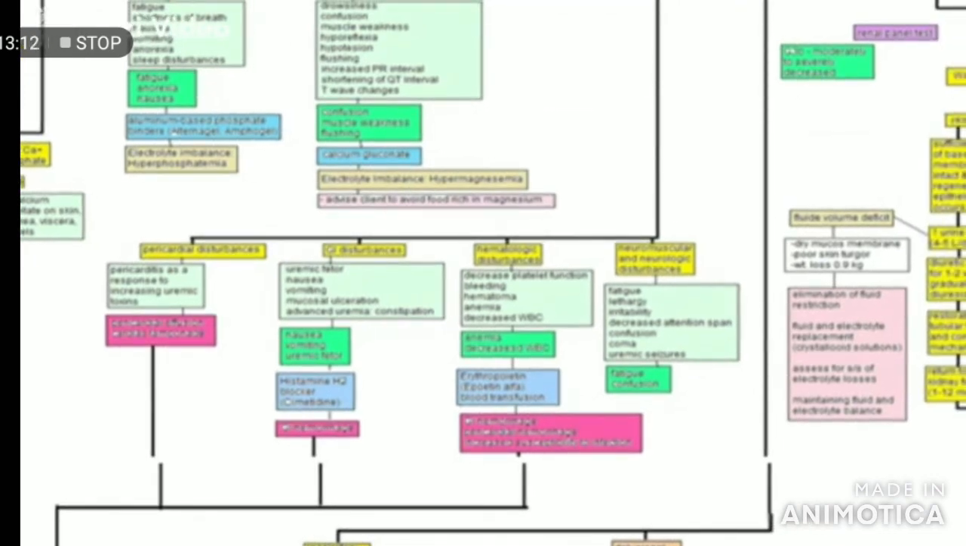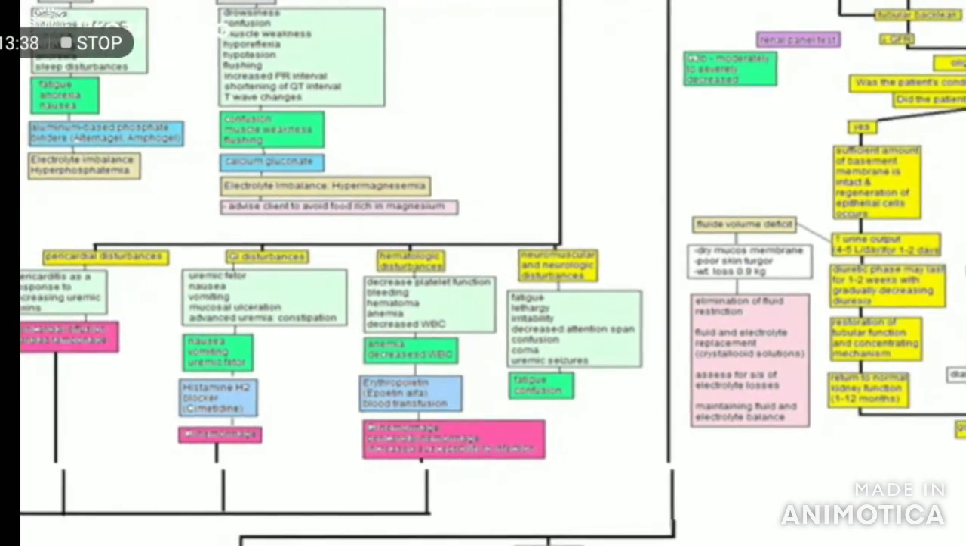For GI disturbances, there is uremic fetor, nausea, vomiting, and mucosal ulceration. For advanced uremia, we have constipation. The patient experienced nausea, vomiting, and uremic fetor. Medical management for this one would be a histamine H2 blocker. We have cimetidine. The complication would be GI hemorrhage. For hematologic disturbances, the ideal signs and symptoms would be decreased platelet function, bleeding, hematoma, anemia, and decreased WBC, and my patient experienced anemia and decreased WBC. Medical management would be erythropoietin or epoetin alfa and blood transfusion. Complications would be GI hemorrhage, pericardial hemorrhage, and increased